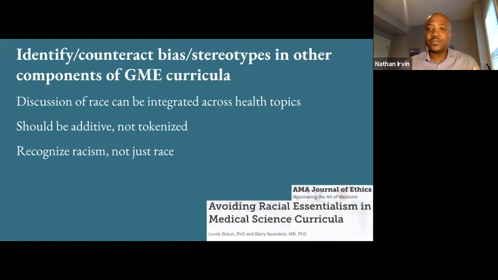Now, an anti-racist curriculum shouldn't be the only place where we address these issues. It's something that shouldn't be in a silo and something that should be folded between all the other components of our medical education. We must interrogate all aspects of our curricula to ensure that our didactics, our small groups, our journal clubs are all not furthering any racist beliefs or agendas. Discussion of race or people of color should not be additive or tokenized, but integrated into other formal education.